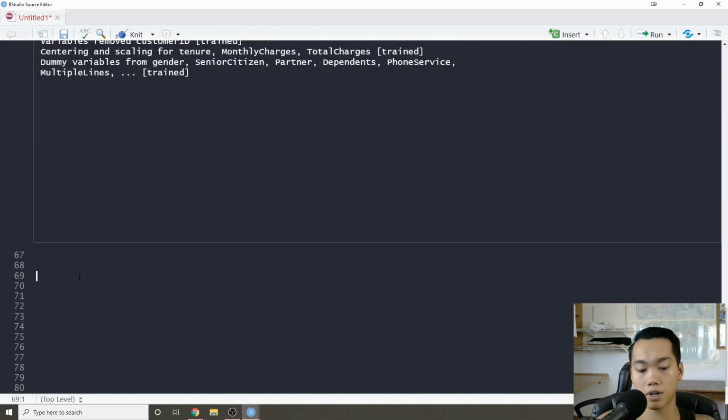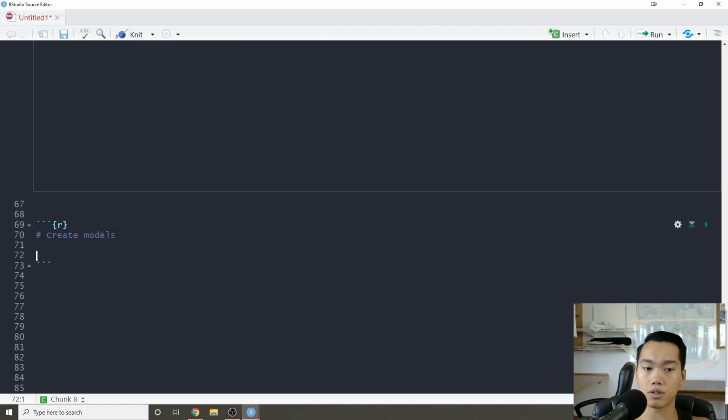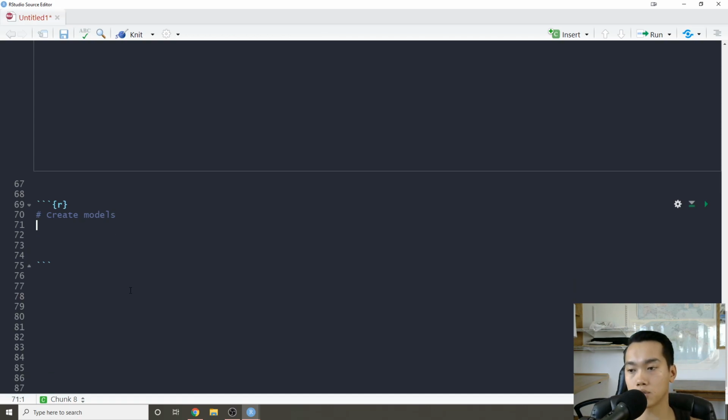So now let's just create our models. I'm going to create 3 models, which I think are probably the most common models you'll see. One of the first ways to determine whether a model is performing well is to create a baseline model. And with the baseline model, I think the best baselines are usually linear models. So if you're doing a classification model, use a logistic regression. If you're doing a regression problem, use linear regression. So I'm going to do logistic_reg, set_mode,